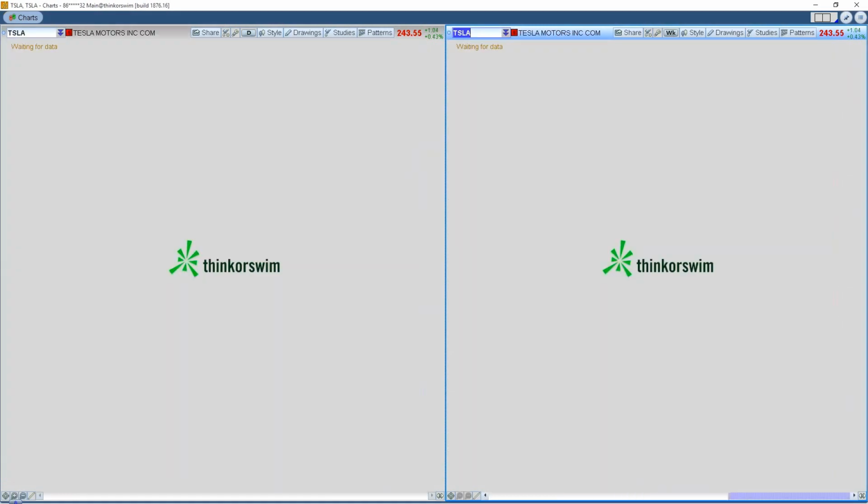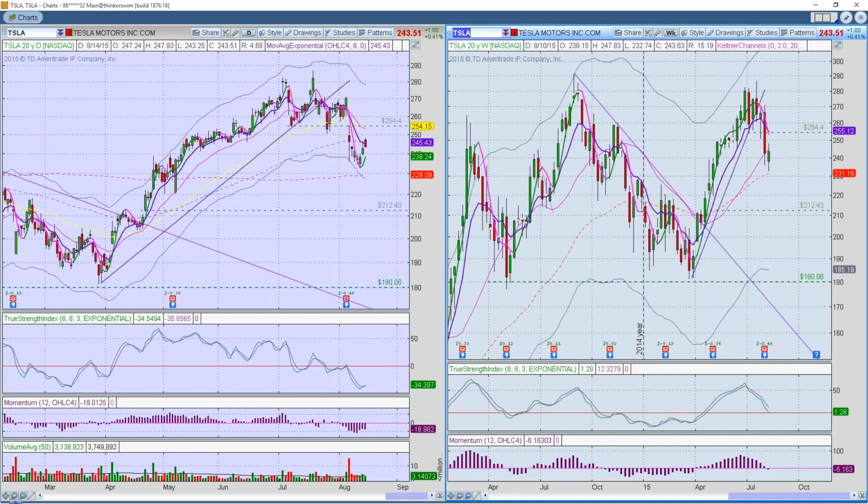Tesla. Okay, with a significant plunge below its 50-day and the 100-day moving average, it's challenged right now at the 100-day moving average. Tesla has now, on a daily basis, turned into a short-term downtrend, and it appears that now that it's finding resistance back at the 100-day moving average, it could be looking to move lower.